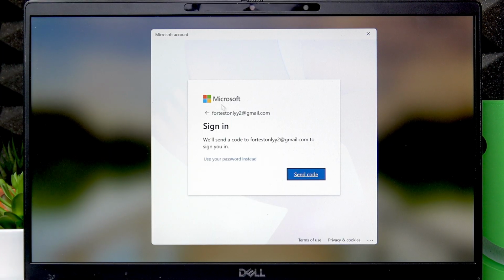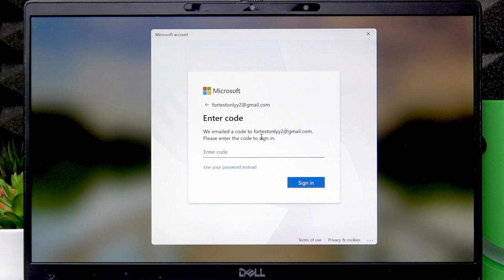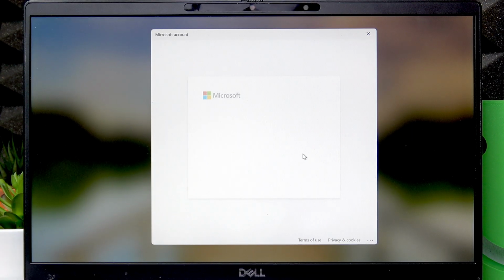But if you have a Microsoft account set up on your device, all you have to do is click send code. In order to send code to your email address, it will be sent instantly, and you're gonna have to enter it into the following field. So just open your email account and find the code inside, and provide the code from your email account into this field. Then click sign in,